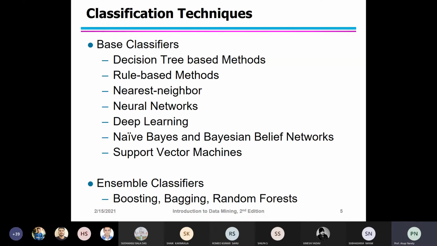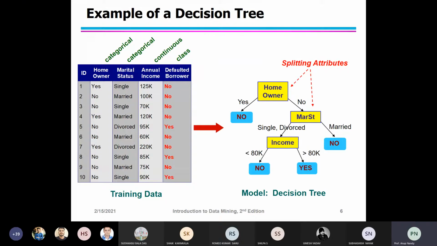So we will only focus on the decision tree. Okay, how a decision tree can be used. It is a very powerful classifier and it can be used in a wide variety of applications. As you can see, there's an example of the decision tree. I think all of you know the tree. In the tree you have one root node, some internal nodes, and leaf nodes, or you can say terminal nodes. Now, let us see how classification with a decision tree will work.